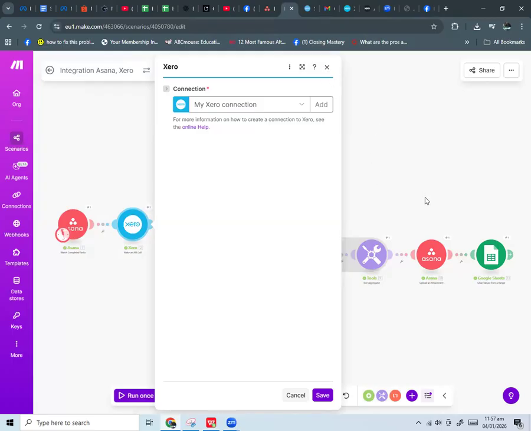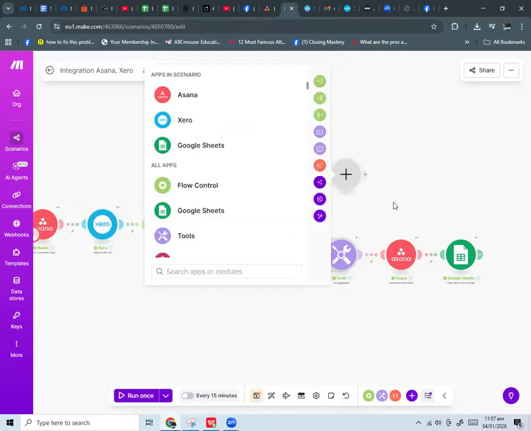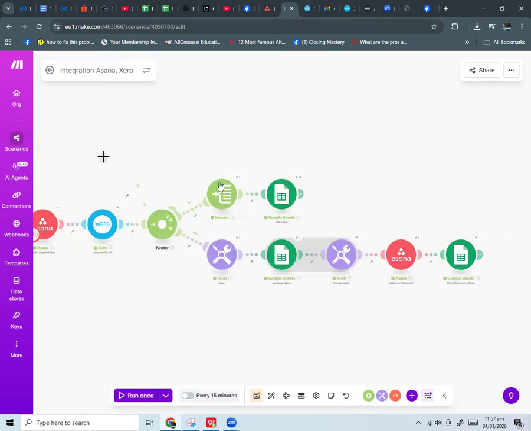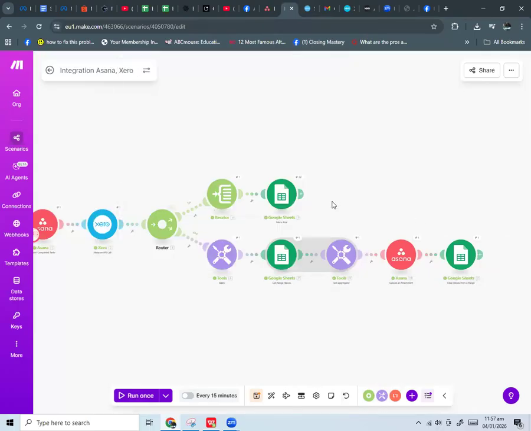In this section, as you can see, this one will itemize the bank transactions from your Xero.